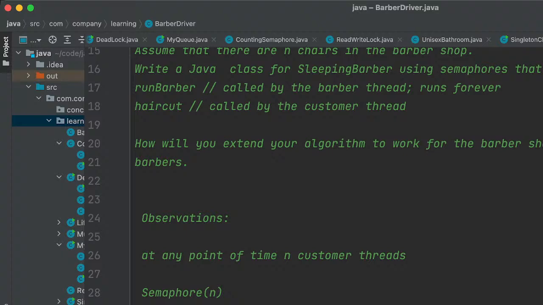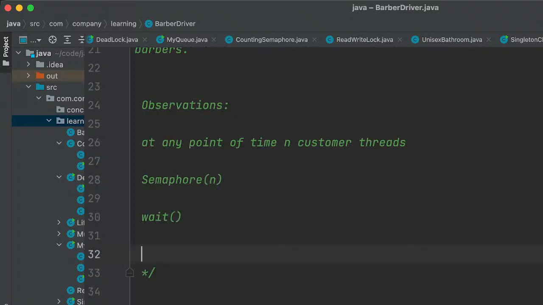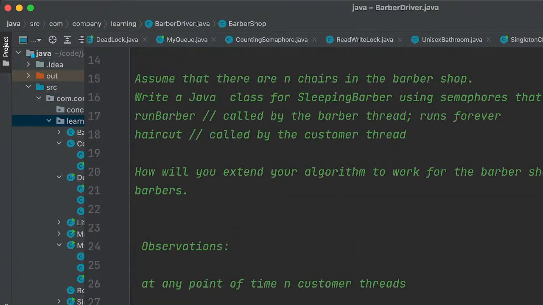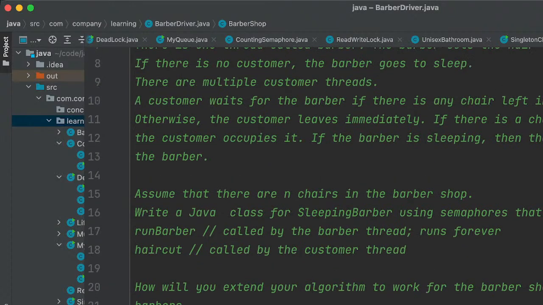Let's write the APIs for this problem. We have some class representing this barber shop, and the actions that we have are run barber and take haircut, called by the customer thread, and called by the barber thread.